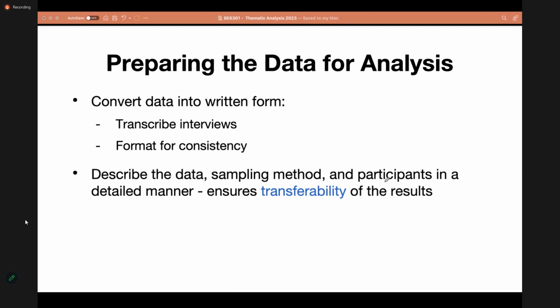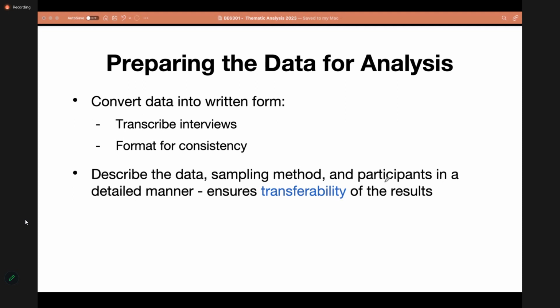And these interview transcripts, say you have conducted 10 interviews altogether. All these transcripts we have to format and have in the same structure, same order, the same organization. That's easy for us to then start our analysis.